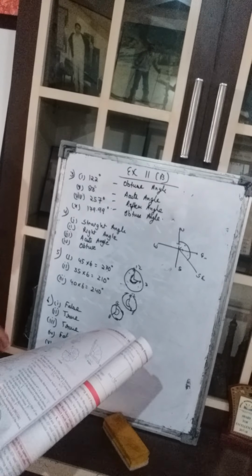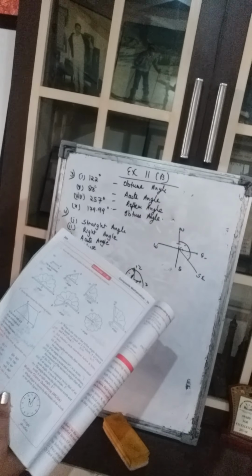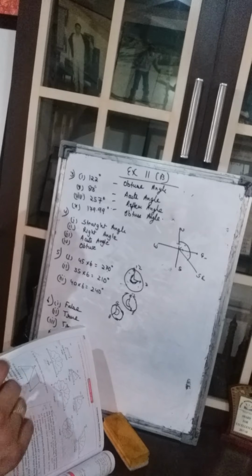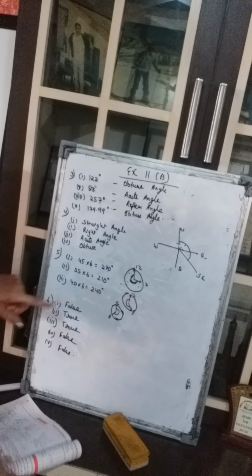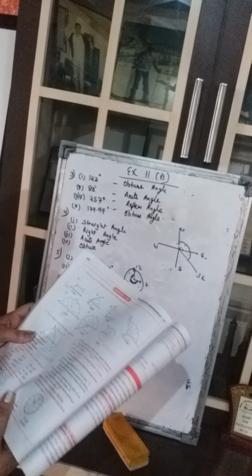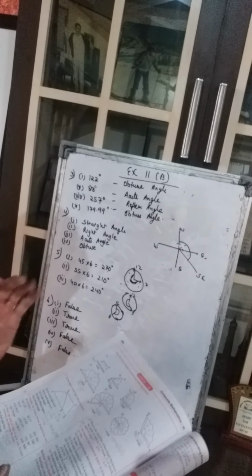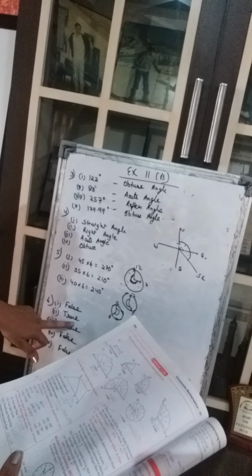The sixth question you will do in the book only. So here it says, if two angles are acute, their measurement must be equal. Is it true? No, they can be 30 degrees and 60 degrees also. Both are acute, but they are not the same. So the answer is false. Second part. If the angle measures 45 degrees, it is acute. Now this is true. 45 degrees means acute angle only. This is true.